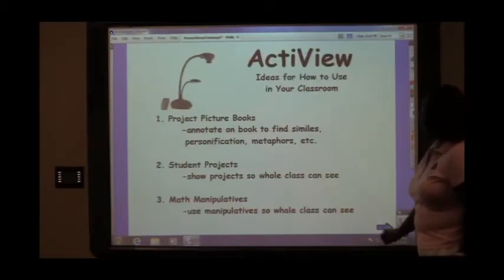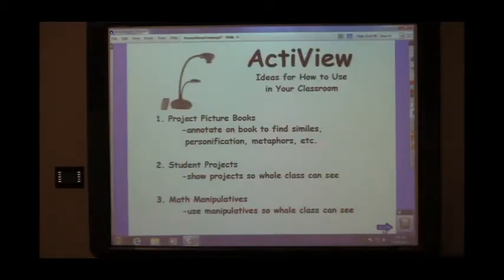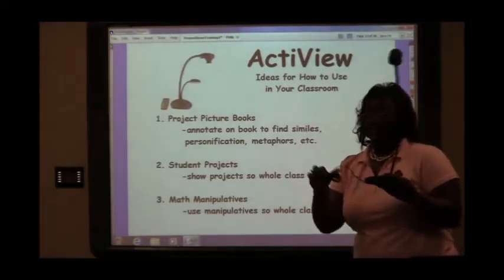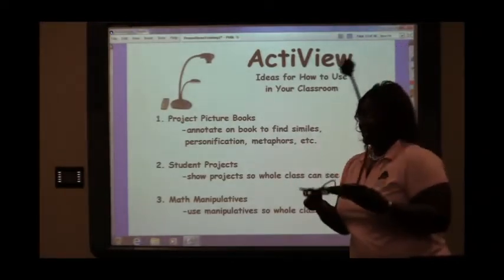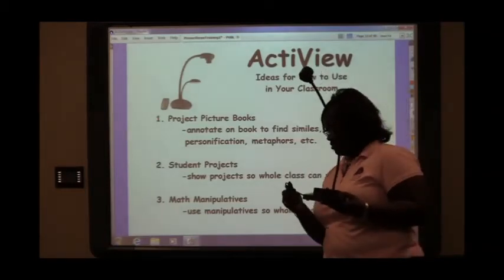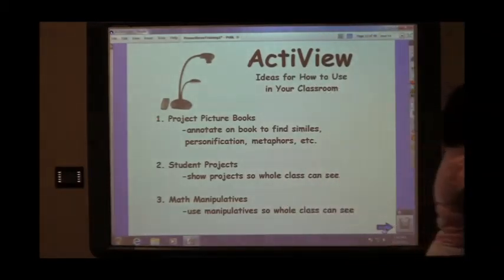Alright, the active view is our camera. It's a nice little thing right here. It looks like a little robot. Okay? It has a USB cable to it. It's not like the slate, where the slate has a hub. The actual camera has to be plugged in